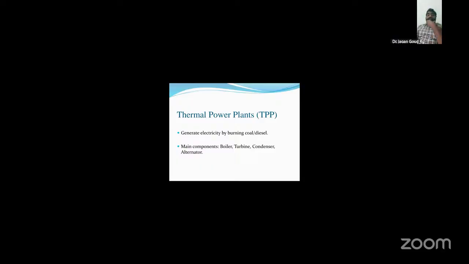Okay. The third one is the condenser. Located after the turbine, it converts exhausted steam back into water by cooling it. It maintains a low pressure zone to improve turbine efficiency. The functions are to condense steam, recover the water for reuse, and improve plant efficiency.